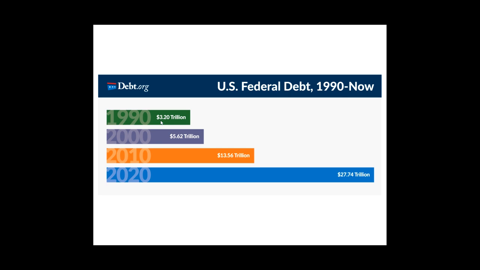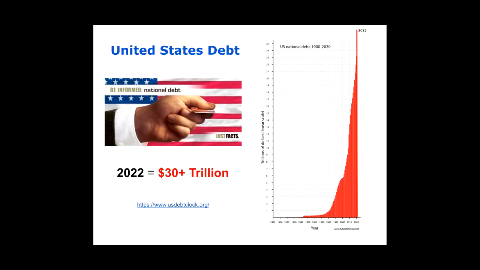In 1990, we had a $3.2 trillion debt. That was all the debt that was accumulated over all the years. And then each decade it got bigger, and then the number kind of explodes here between 2010 and 2020. And now it's over $30 trillion, the amount of debt we have in the economy. Now remember, the entire economy produces somewhere in the range of $20 trillion of real GDP in each and every year. So $30 trillion is 1.5 years of production. That's how big the debt is.